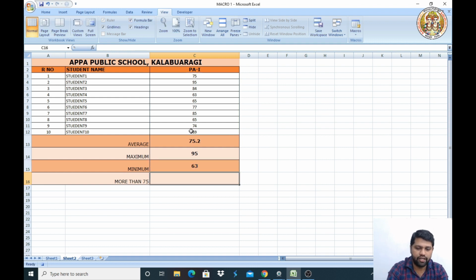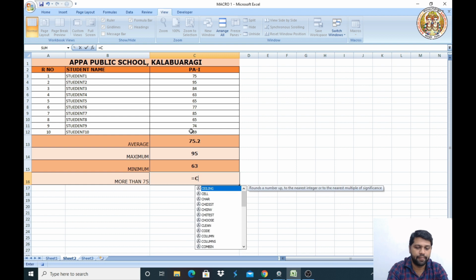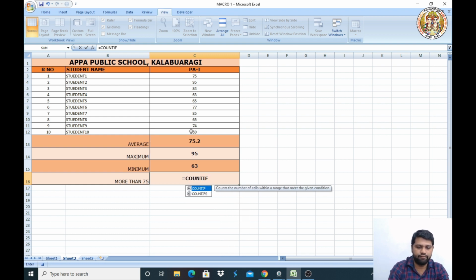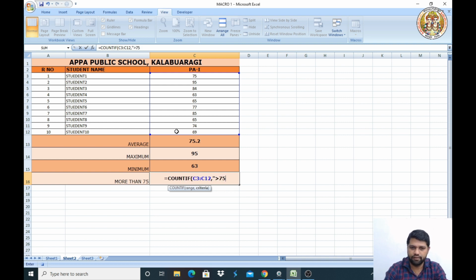Here we need to find the number of students who scored more than 75. For that we need to use the countif function. Select the range, comma, and define the criteria, more than 75.